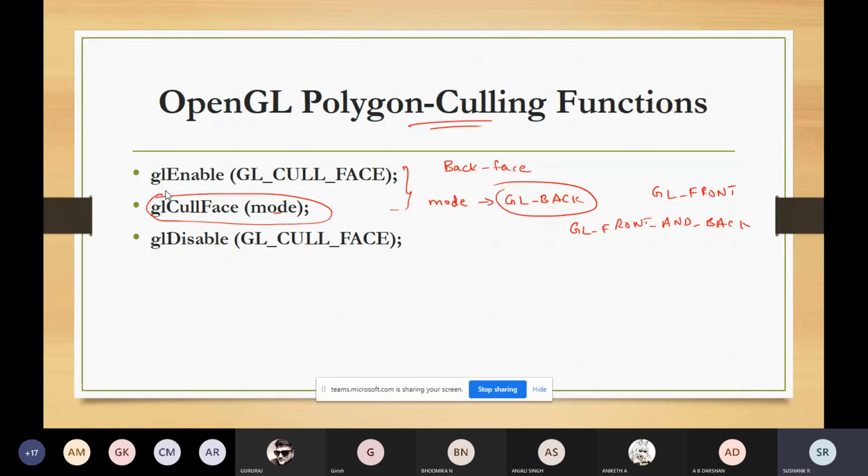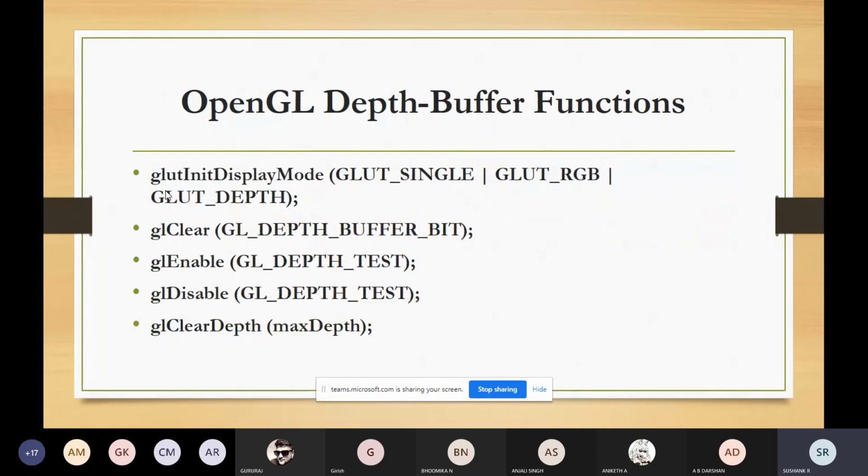The next one is regarding the OpenGL depth buffer function. The first thing is the initial display mode.